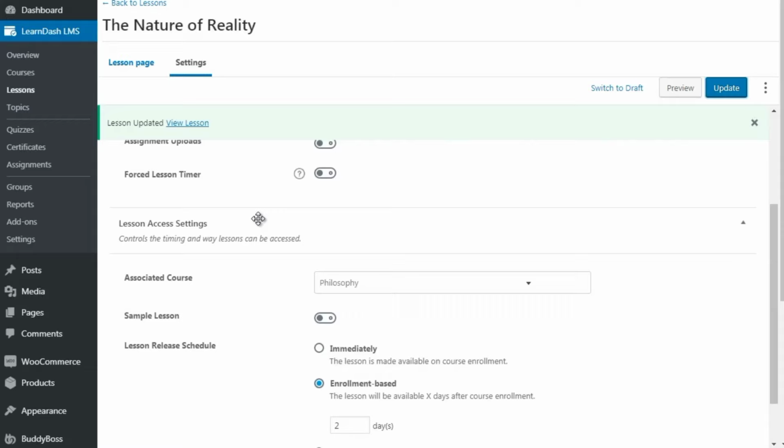So what we can do there is, looking at the map, we see what we need to do, and we simply implement that. So if we have a third lesson, you would simply go to that lesson like we did here and click on Enroll Based and do it 2 days later. So let's say we have 3 different lessons. One is immediately, the second one is 2 days later, and the third one, let's do 4 days later, because you need to start it after the course enrollment. So that's just something to keep in mind as you implement the drip feed system. And that's it. That's all you have to do.